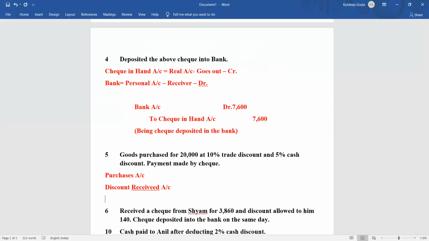When I receive the discount, it is a cash discount, remember that. I receive it only when I pay the amount, otherwise it will not be received. Immediately you can see that payment is made by check. That means we are making the payment, so since the payment is made by check, we will write bank account. In case of payment, no need to worry about check in hand, because every time it will be bank.